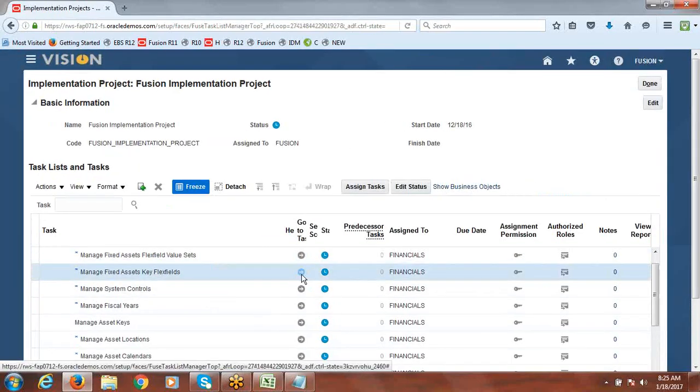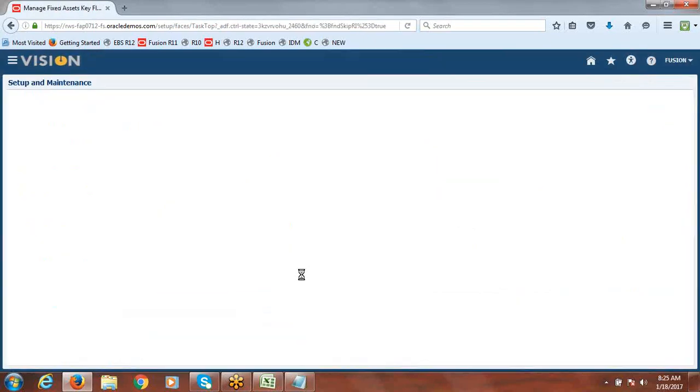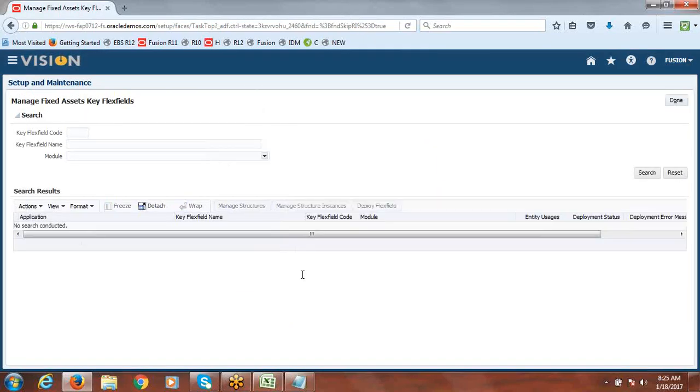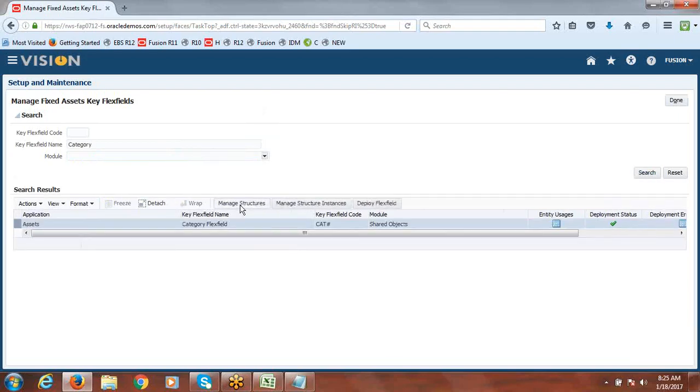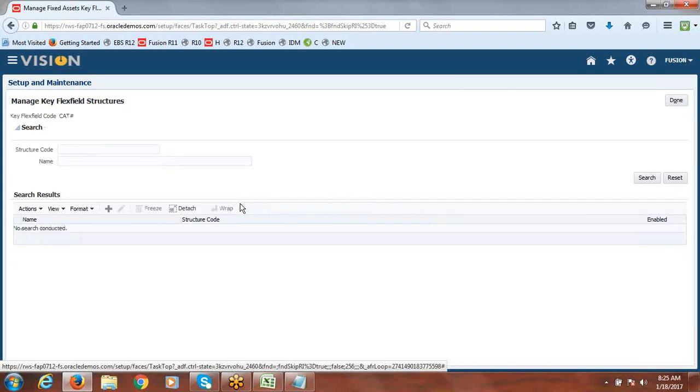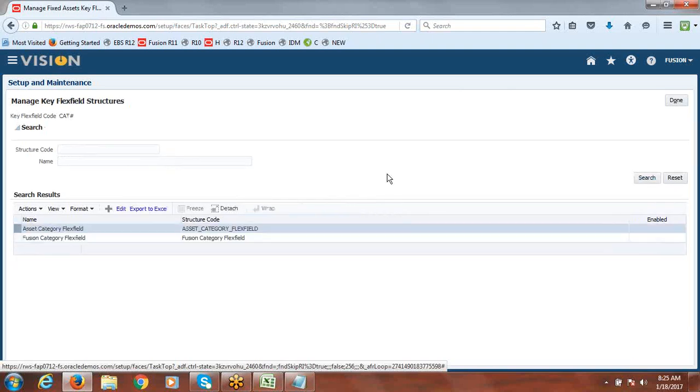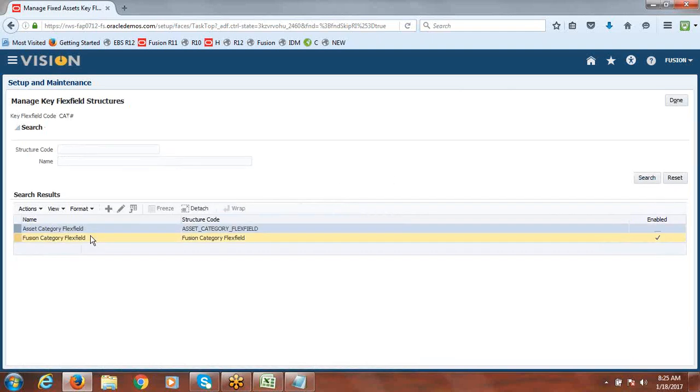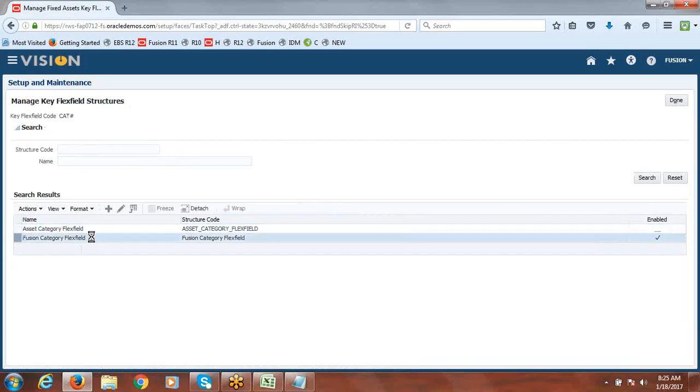Go to flex fields. Say category. Then click on search. And go to manage structures and search for what structures are available. Our structure is in enabled mode, so you can go and disable it.